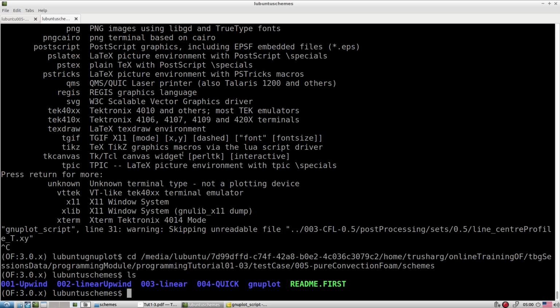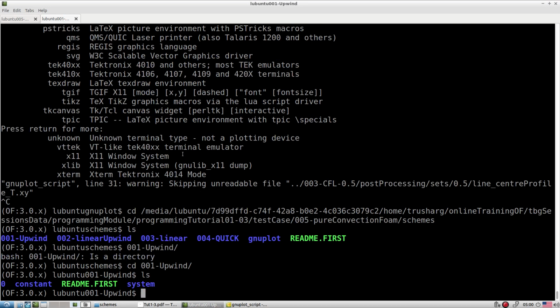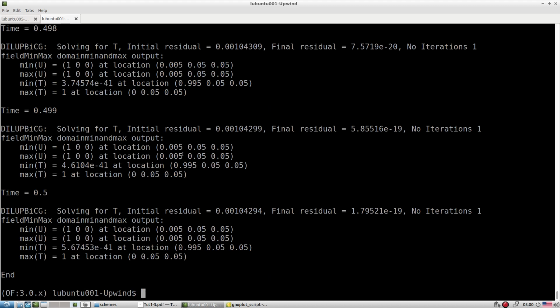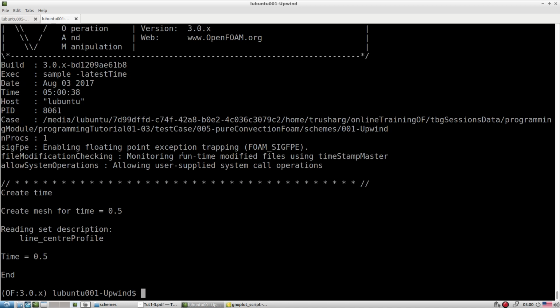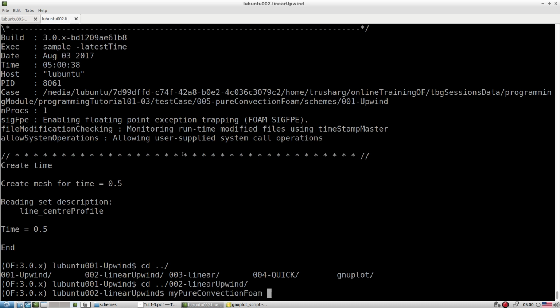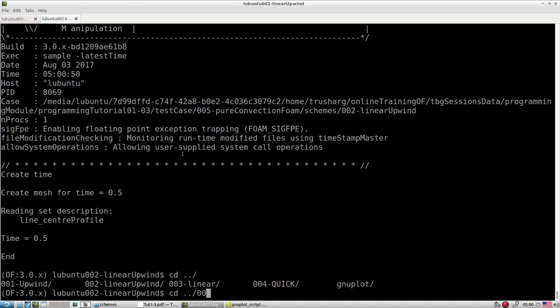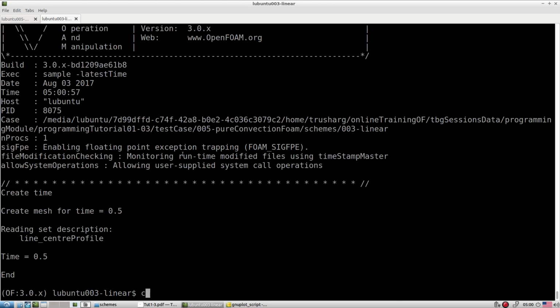Okay, inside the scheme, let's say we go with first upwinding scheme. Okay, and CD upwinding scheme. Okay, so for that same thing we have to first run our solver. Okay, and then we try to extract the data. So here also the test case is same, just we are running for different type of the scheme. So upwinding, then let's say go toward the linear upwinding scheme. Okay, pure convection data, then go towards linear scheme, that is center difference scheme, pure convection, sample extraction, then go